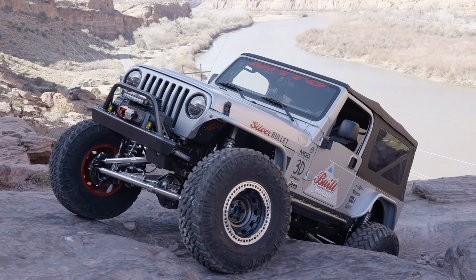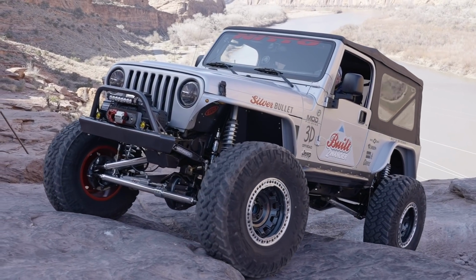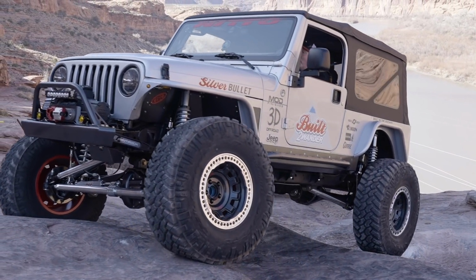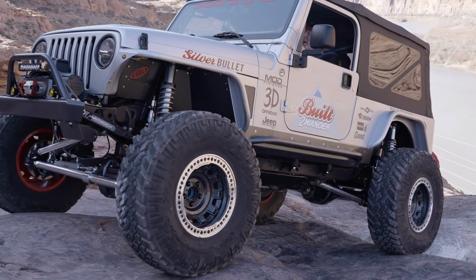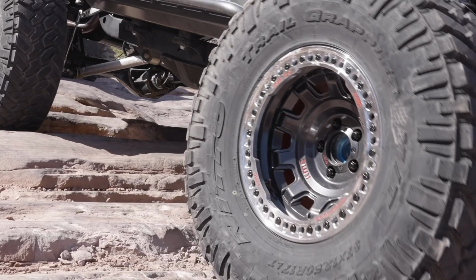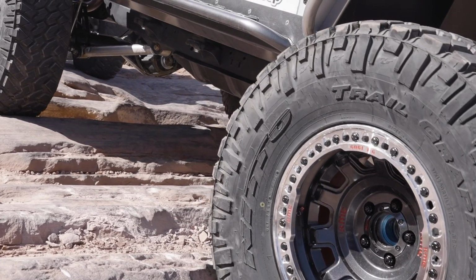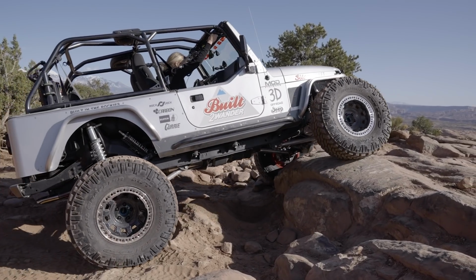And we also added a set of Apex Designs rapid precision valves within our KMC beadlock wheels. They allow us to air down from 35 PSI all the way to 10 PSI in under 15 seconds. It's a huge time saver on the trail, and the best part is you can add a tire gauge as you're airing down and see actively where your tire pressure is. Moving on from the axles, we're running